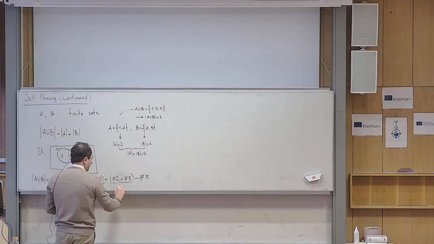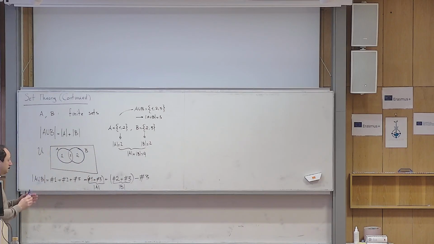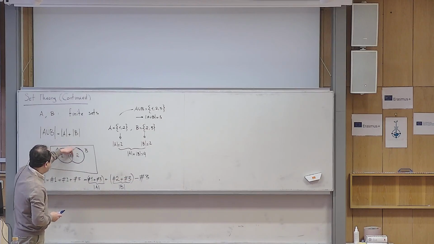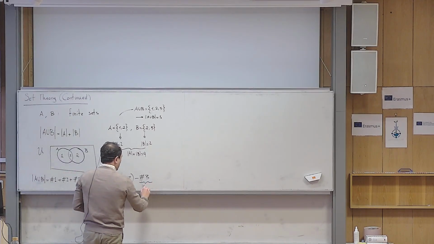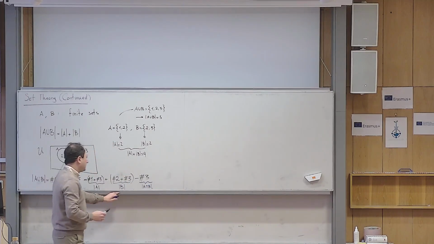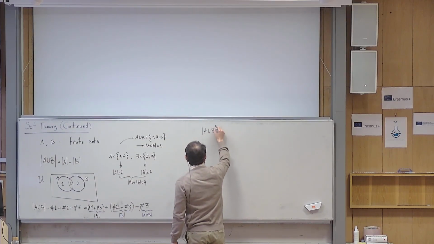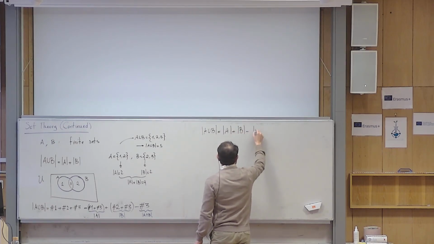of course in this language of set theory, I can simply call it the cardinality of B. And then this number 3 is the number of elements within this region, but this region in set theory has a proper name, and that is called A intersection B, so I can write it as the cardinality of A intersection B. So finally, we can say that the cardinality of A union B is equal to the cardinality of A plus the cardinality of B minus the cardinality of